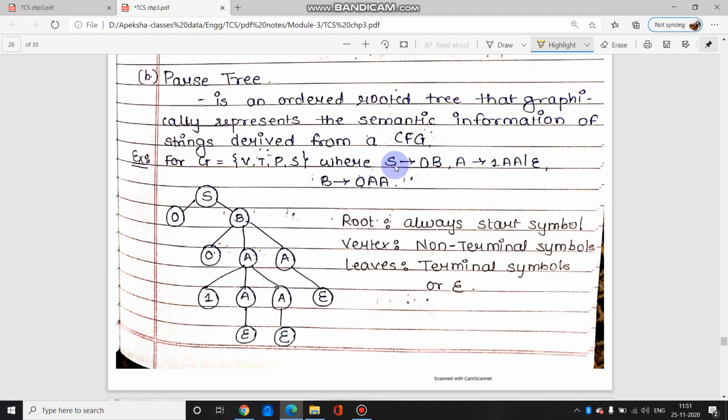For example, you see S gives 0B, so S gives 0 and B, so this is the last क्योंकि टर्मिनल सिंबल आ गया है. We also have B gives 0A, so B gives 0 and A. And we also know that A gives 1A, so you will have this A gives 1 and A, that's it. उसके आगे कुछ नहीं है, इसके आगे A gives epsilon. तो जितने भी A's बचे हैं यहाँ पे you have to give that as epsilon because your vertex root cannot be the leaf node. vertex हमेशा in between होना चाहिए, leaf पे हमेशा या तो terminals होने चाहिए या फिर epsilon होने चाहिए.